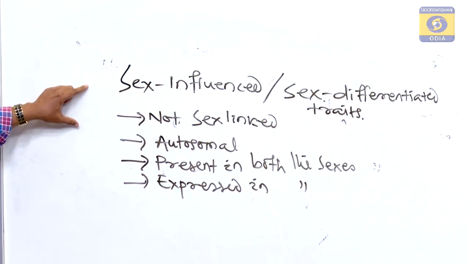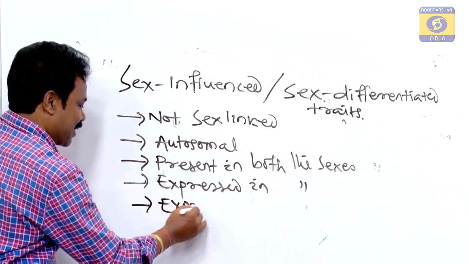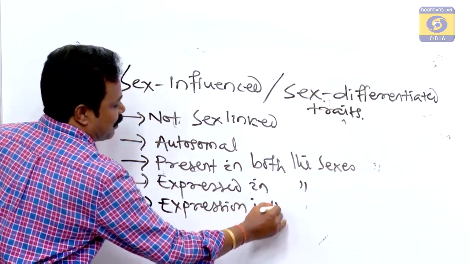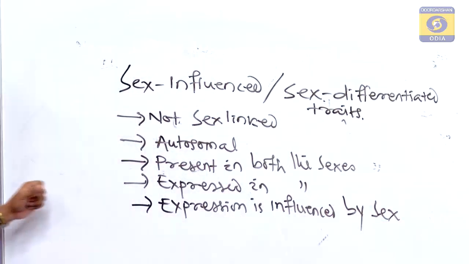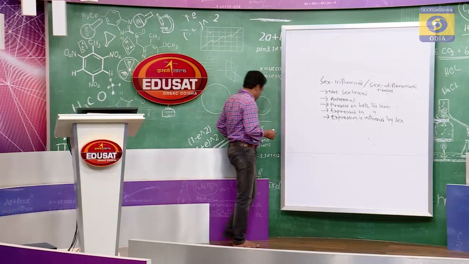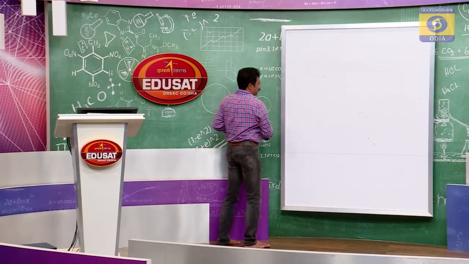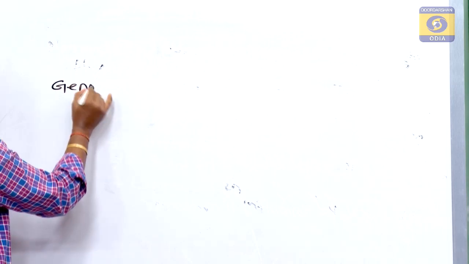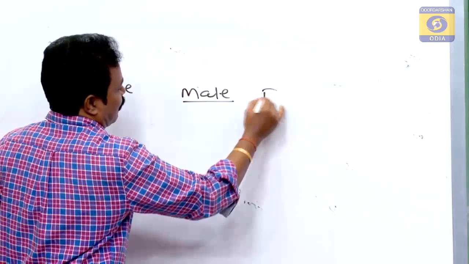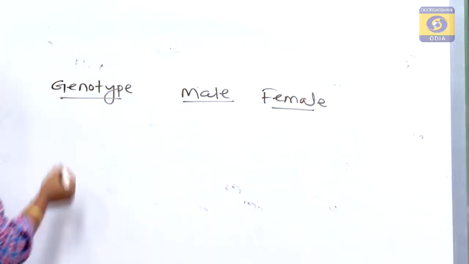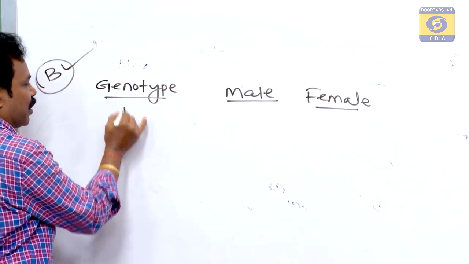But why is it called sex influenced? Because its expression is influenced by sex of the individual. Okay? Example, a kind of pattern baldness. Gene or genotype: the dominant gene capital B is responsible for pattern baldness, right? Capital B,